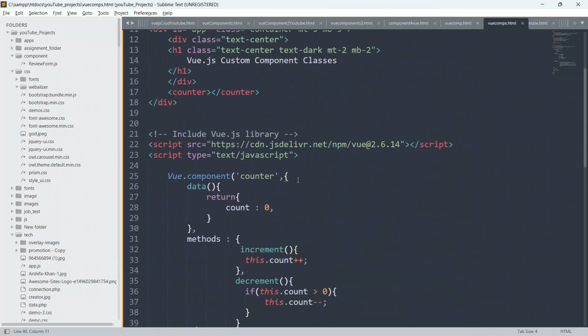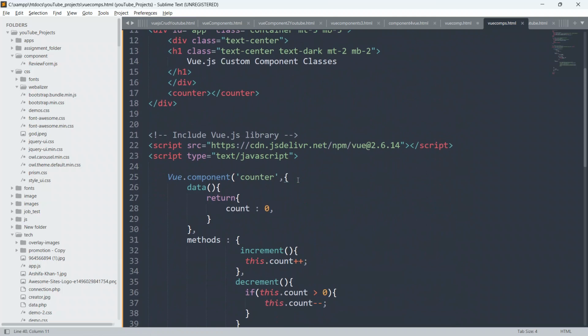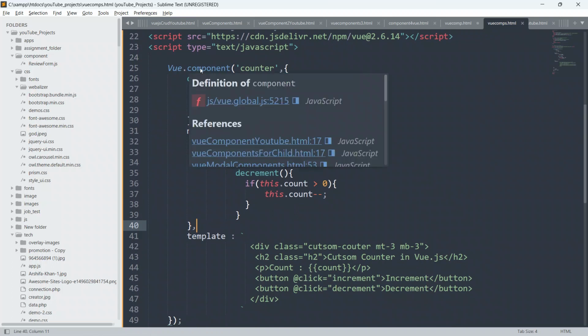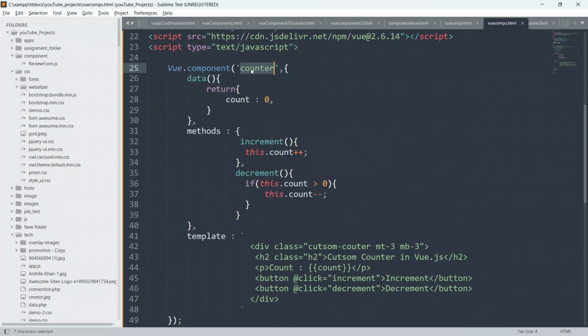Okay, and guys, whenever you have to define your custom component inside Vue.js, you have to write the term Vue.component, and you have to define the component name as well. Here, as you can see, I have defined our custom component name as counter, and it can return properties. You can define properties, functions, custom functions, custom values, custom objects also, and you can define methods